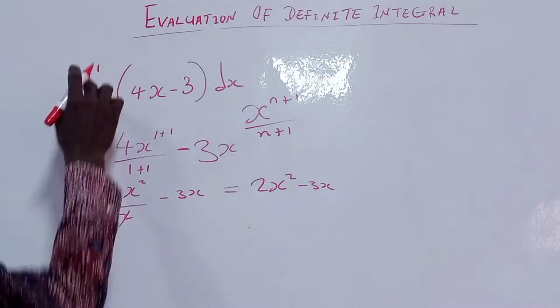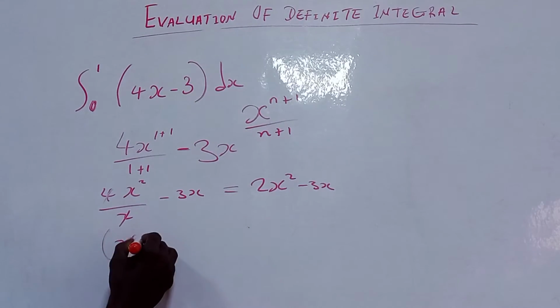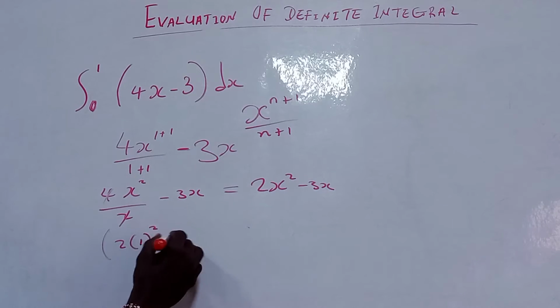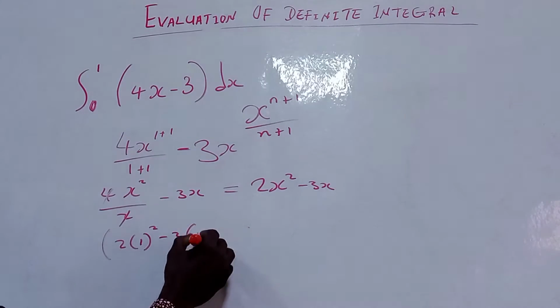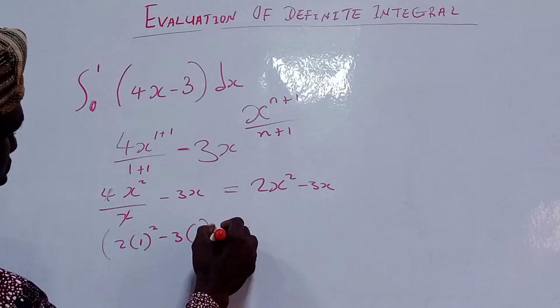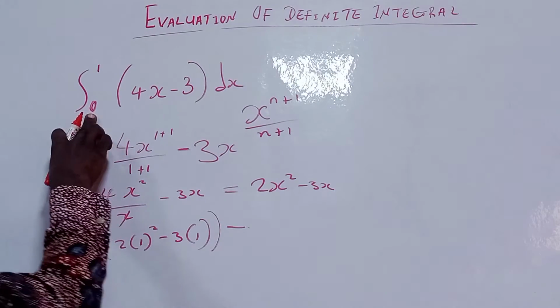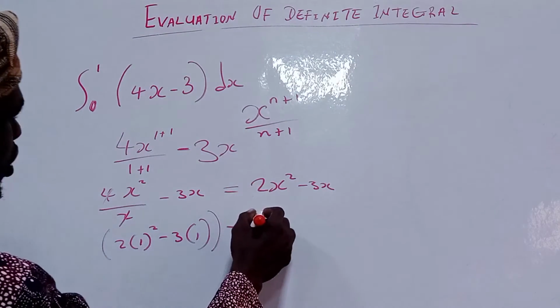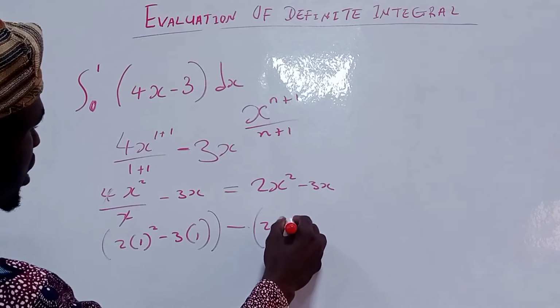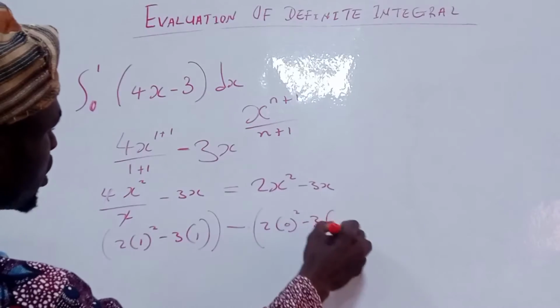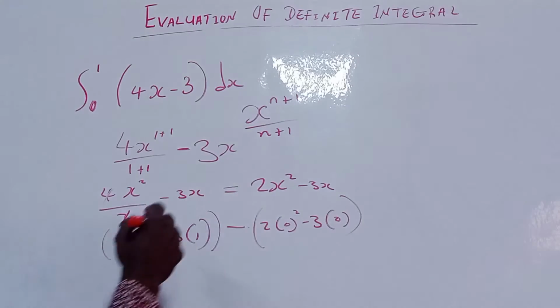So the first one is we have 2 times 1 raised to power 2 minus 3 times 1. So minus, we also use this one to represent all the x: 2 open bracket 0 square minus 3 bracket 0. Now we have